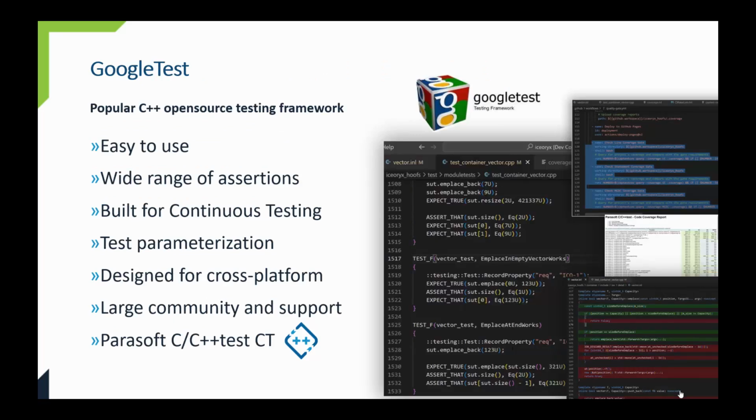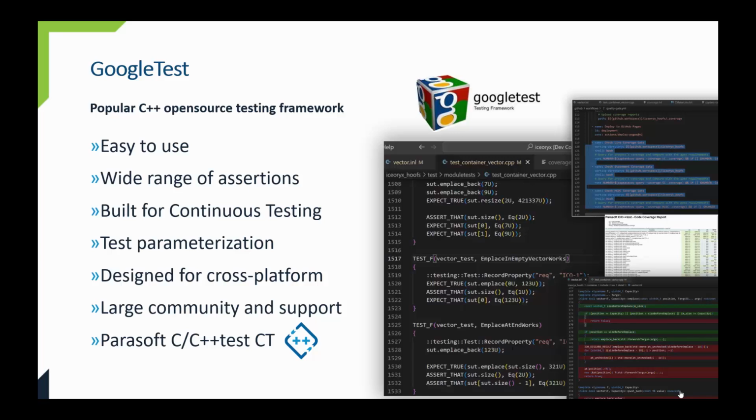Many automotive embedded development teams love using testing frameworks like Google Test, CPP Test, Boost Test, and CPP Unit. Frameworks like Google Test are easy to use. It has a straightforward syntax for writing and maintaining tests. It offers a wide range of assertion macros, which help in verifying the expected behavior of your code under different